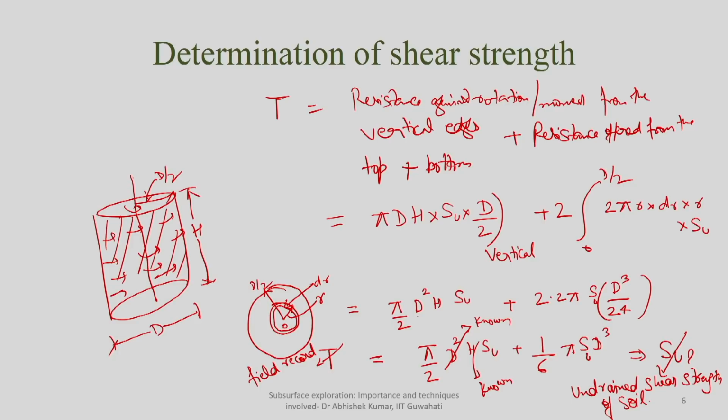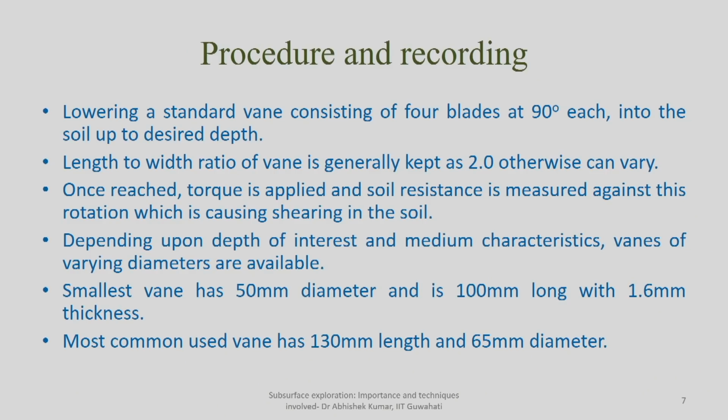Most of the time, whatever you see in the setup, generally the h value is equal to 2 times the diameter. In many setups developed in practice by different industries, we generally maintain this ratio of height to diameter as 2. If you put this in, the equation can be simplified further. So, once you know the torque, the diameter in which the shear failure is happening, and the height of the vane, you will be able to understand, based on the torque, how much the undrained shear strength will be.